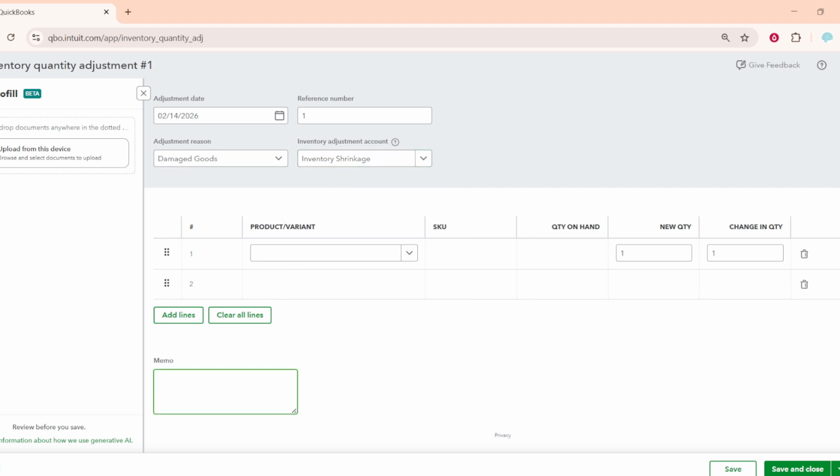Take a moment to review every field: item, quantity, account, and date. Make sure you're not posting a negative quantity unless that's intentional, and verify you chose the correct item. When everything looks right, click Save to apply the inventory quantity adjustment. Your on-hand balance and valuation will update